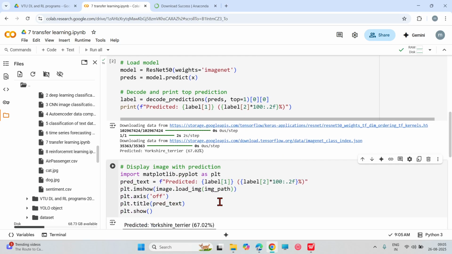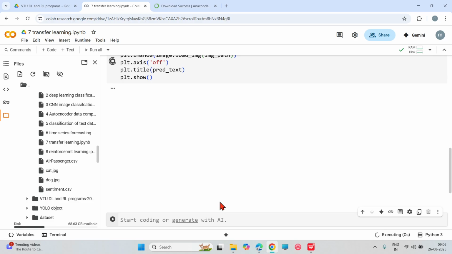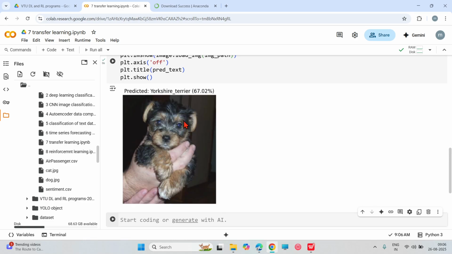Now I'll provide this to the prediction part. It is predicting this input image as Yorkshire Terrier with 67% accuracy. So that's about the seventh experiment. Now we will move on to the eighth experiment,